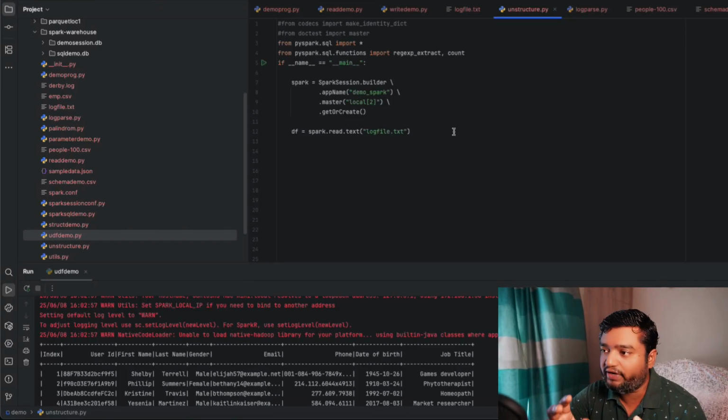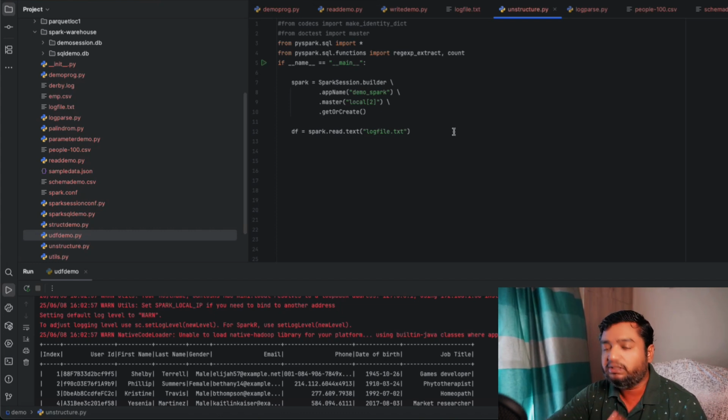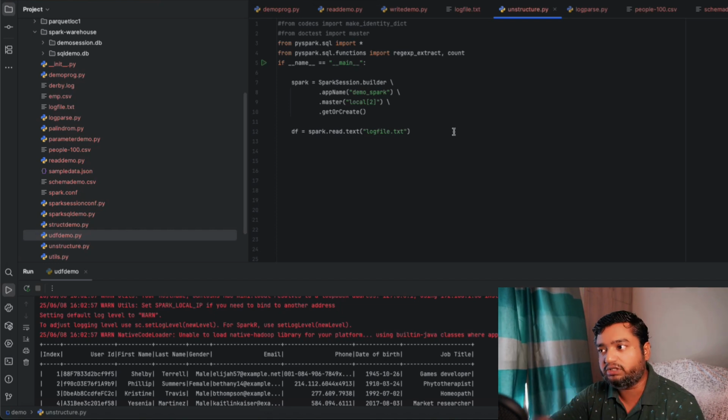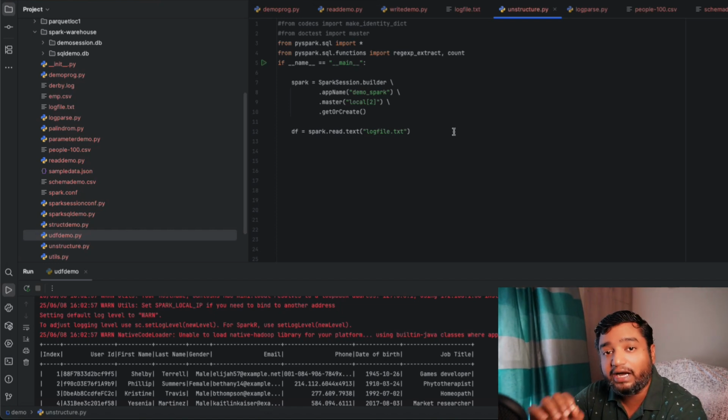द अनस्ट्रक्चर्ड फाइल इन स्पार्क। तो जो स्ट्रक्चर्ड फाइल होती है जिसमें रोज एंड कॉलम्स, जनरली कॉलम नेम्स आर वेल डिफाइंड, either you are giving your own custom schema or you are getting the schema name from the first line of the file. In that case it's very easy to apply the transformation. उसमें आप ग्रुप बाय, जॉइंस, किसी भी तरह का या सिक्वल ट्रांसफॉर्मेशन आप आराम से कर सकते हैं। लेकिन अगर फाइल अनस्ट्रक्चर्ड है तो उस केस में हम लोग कैसे प्रोसेस करेंगे, उसका एग्जाम्पल हम लोग देखने वाले हैं इस